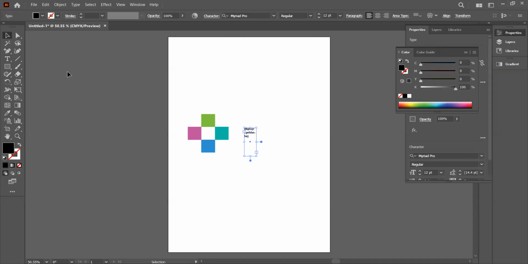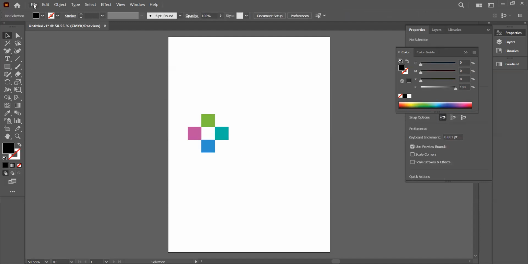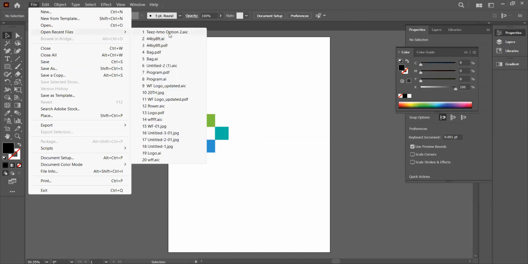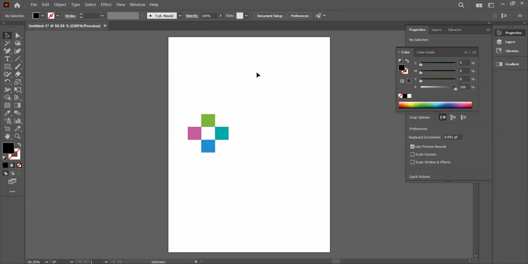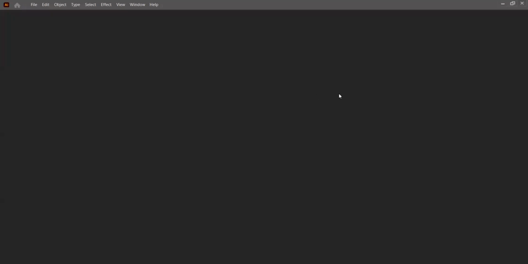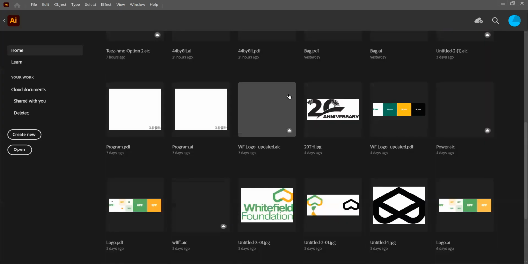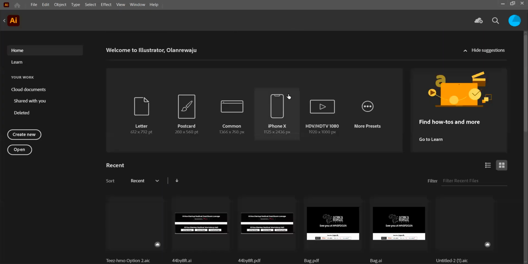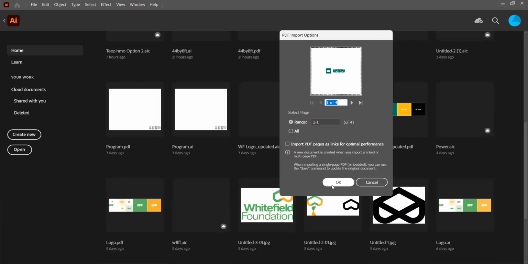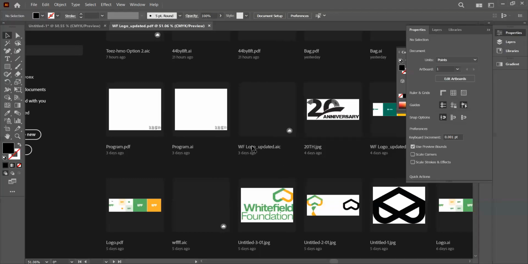I'm working on a project already. I'm trying to document this. Let me see if I can get it. Okay, this HMO. Let me show you now. This is the way I did the logo. I'm trying to open it, but it's not opening. I think I don't have enough space or memory to open it. Oh, I did one recently. Okay, let's see if this one is going to be okay.